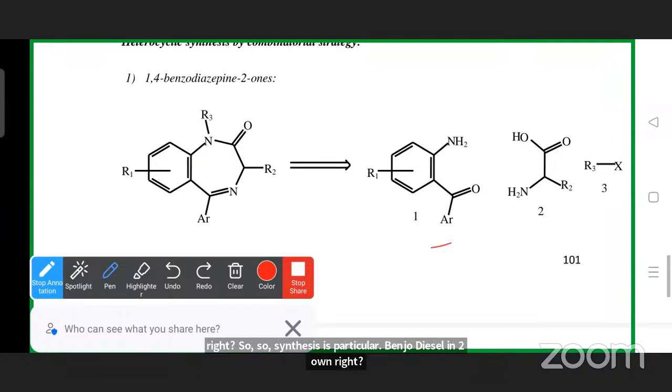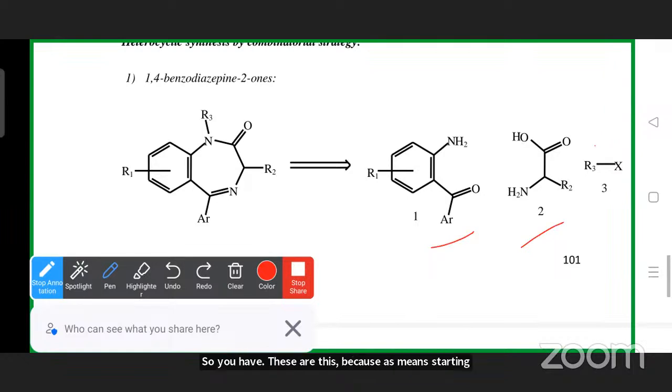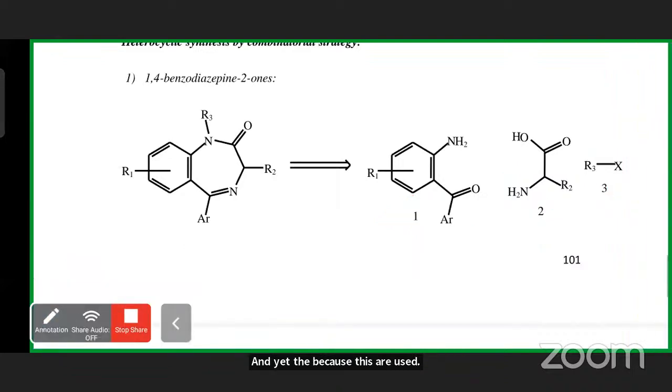here these are the precursors. Precursors means starting materials. Benzophenone, a benzo derivative, this particular amino acid, and here the alkyl halide. These three precursors are used to synthesize this benzodiazepine-2-one. Okay, so the strategy involved in this synthesis